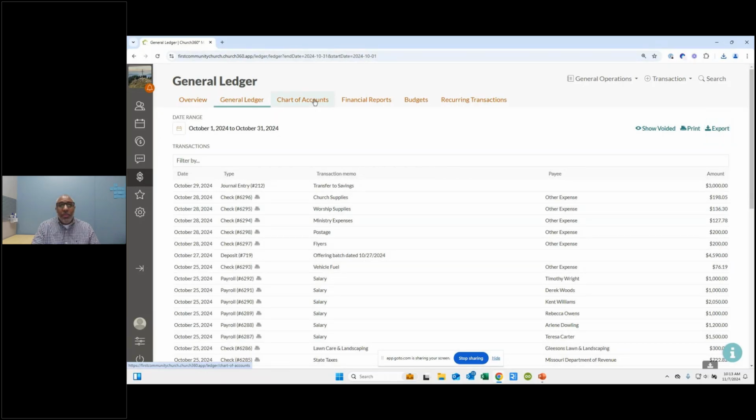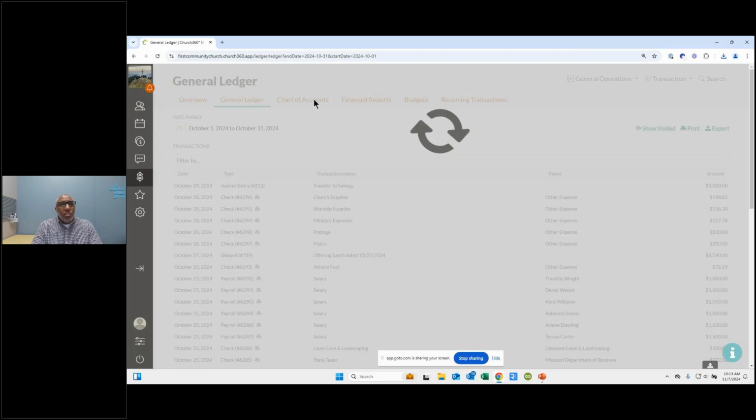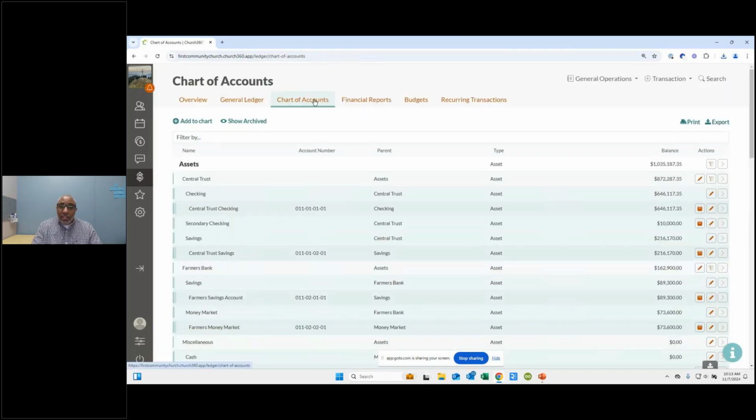To the right of that is going to be the chart of accounts report. And the chart of accounts report is the chart of accounts view, but it also includes balances and these action buttons in here that allow you to make changes to your accounts. Now, we didn't want this just to be something where you managed your accounts.